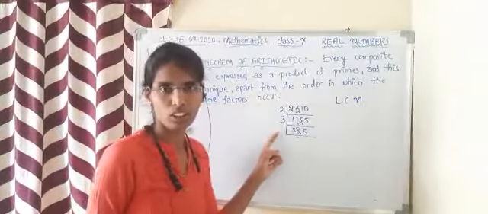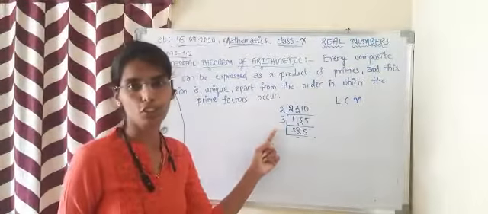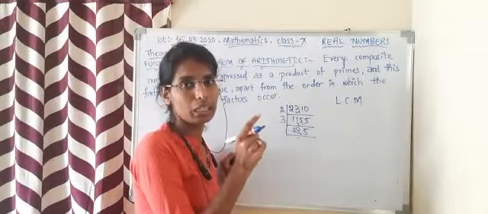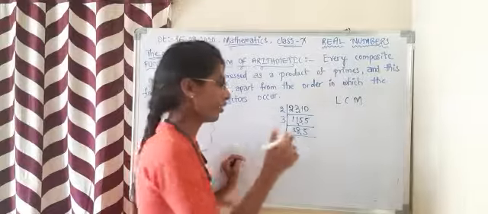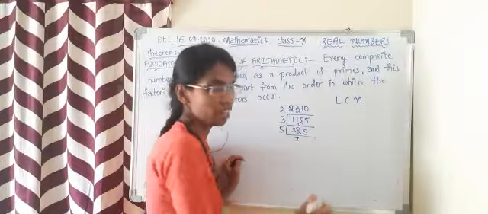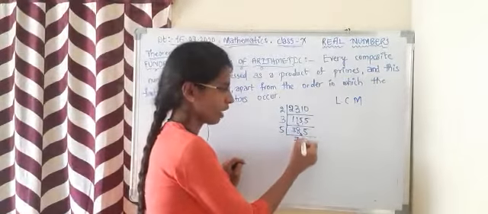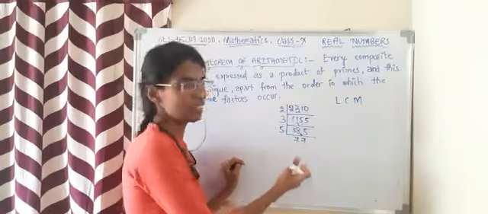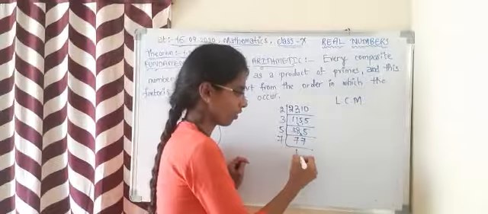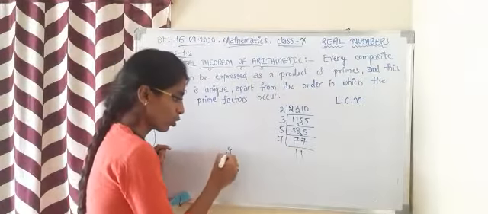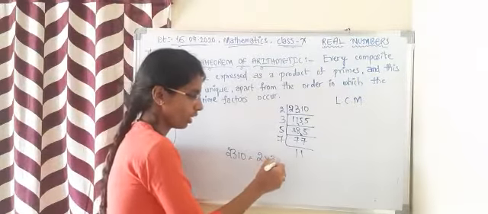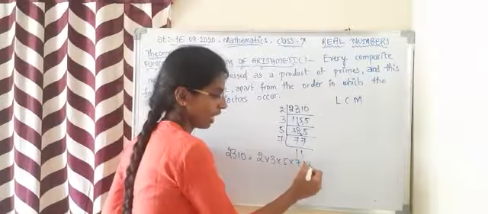Now we cannot use the 4 table, we cannot get it in the 4 table as well. We will definitely get it in the 5 table, because according to the divisibility rule, any number which ends with 0 or 5 will be divisible by 5. So let us take 5. 5 sevens are 35, 3 will remain here, 5 sevens are 35. 77 is directly divisible by 7, that is 7 elevens are 77. So here 2310 can be written as 2 into 3 into 5 into 7 into 11.